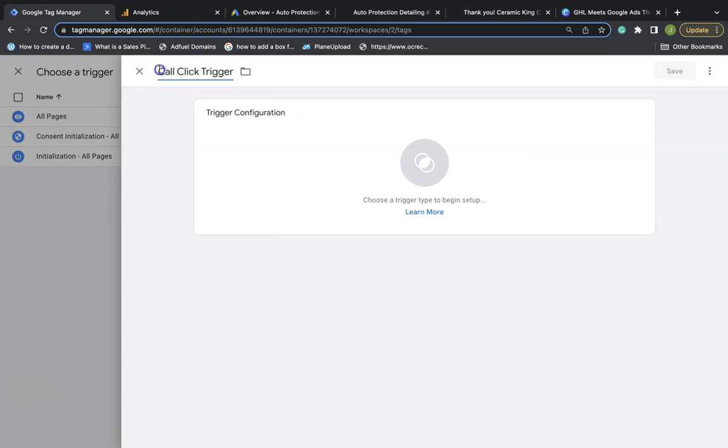Now for triggers, I don't put GA4 or UA for Universal Analytics because the triggers will actually work for both. You can set up new tags and actually connect these same triggers to either Universal Analytics tags or GA4 tags. So all my triggers are basically universal. So let's configure this trigger now,